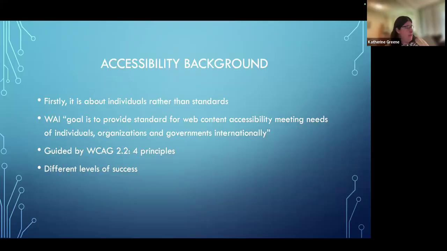According to the Web Accessibility Initiative, or WAI, pronounced WAY, its goal is to provide standards for web content accessibility, meeting the needs of individuals, organizations, and governments internationally. Therefore, the Web Content Accessibility Guidelines, or WCAG, current version is 2.2. These guidelines are broken down into 4 principles. They call them POUR